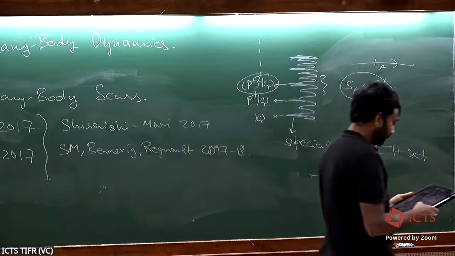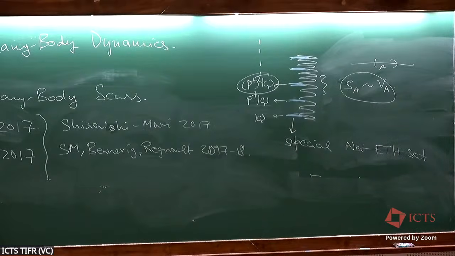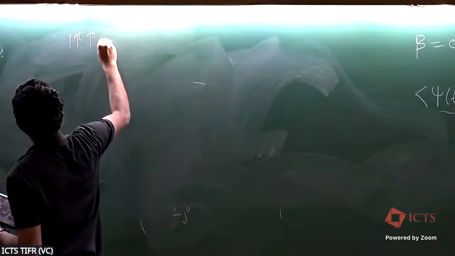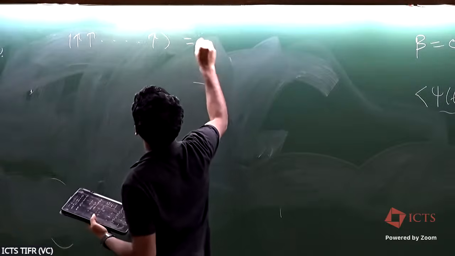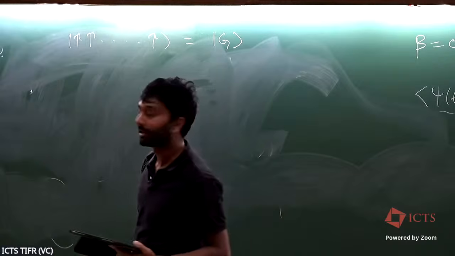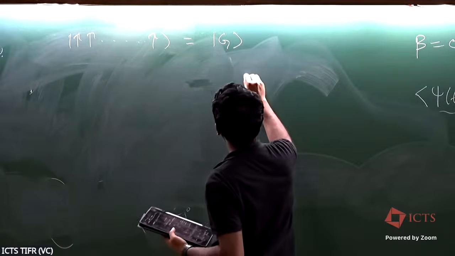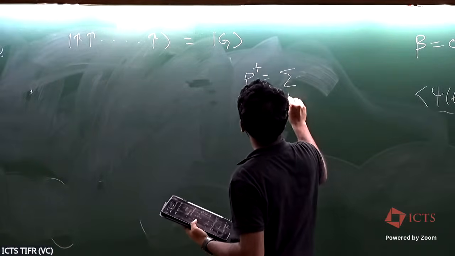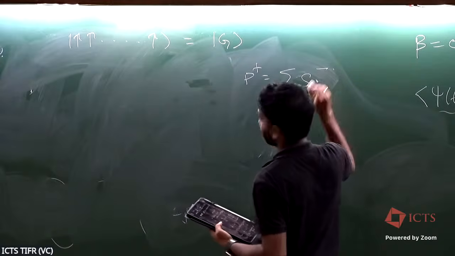So just to give you a concrete example of such states, we can just take the SU(2) multiplet that we are all familiar with. Suppose this is the ground state of some model, the state G, which is just all spins up. And I define this P dagger operator to be the lowering operator, so S_j minus.